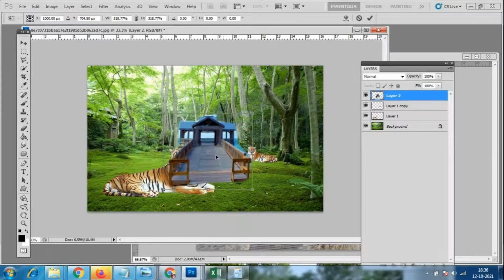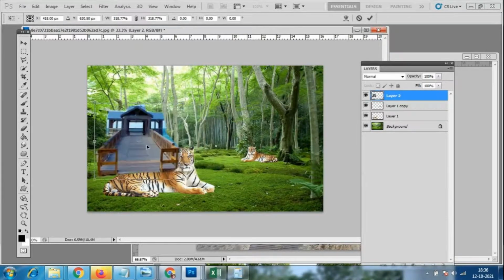Let us see whether it is matching or not. Now I have to place it behind this tiger. Behind this tiger means we have to change the layer arrangement. It should go behind layer 1.